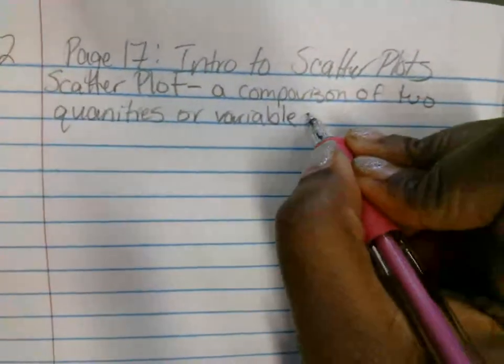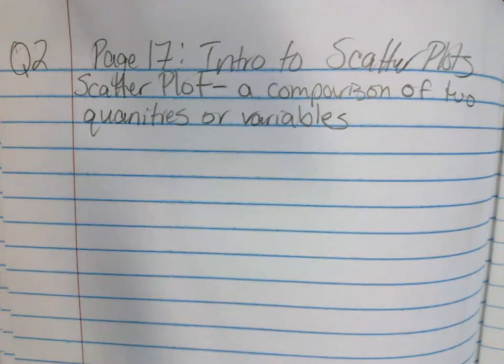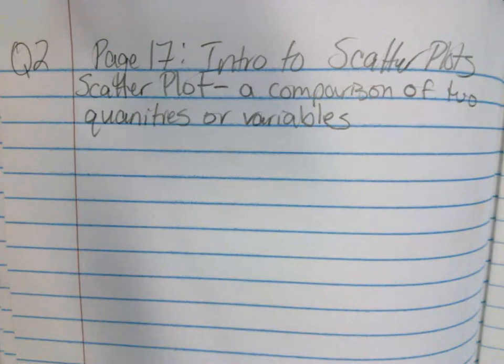The two variables that we are comparing are in the form of numbers. It's not going to be words like colors. We cannot graph a color. It has to have a number associated with it. So we could compare a person's age to height. Those are represented by quantities. We could compare the number of hours that a person works to the amount of money that they are going to make, because they are two quantities. Questions, comments, or concerns about a scatter plot?